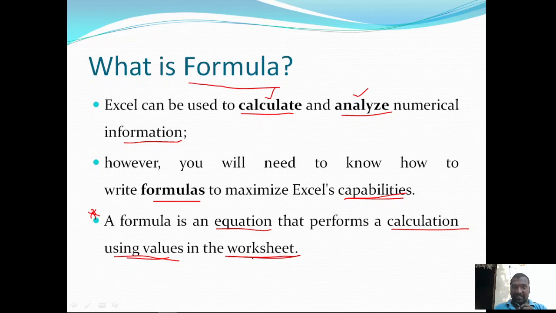A worksheet contains several cells, and in those cells, we have several values. We use those values as input to the equation to perform several calculations. So a formula is an equation that performs a calculation by using several values available in the worksheet. This statement gives a clear definition of a formula.